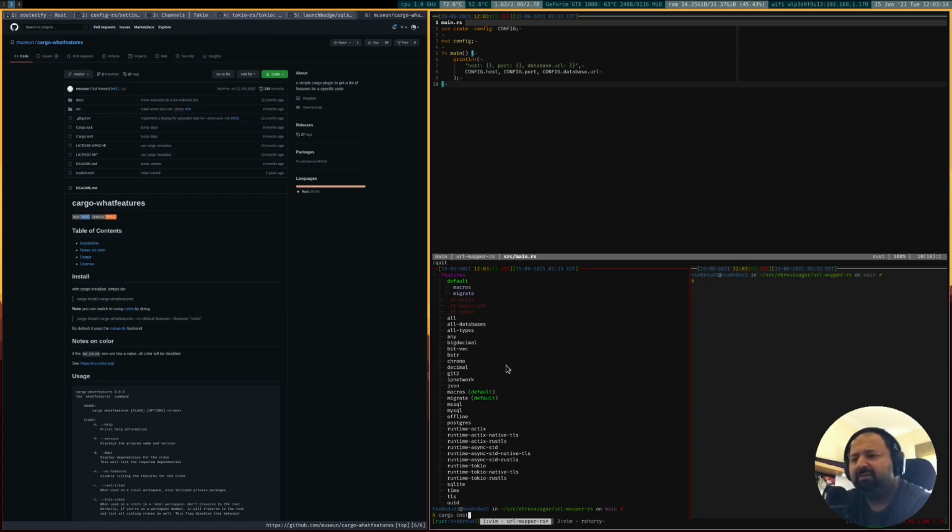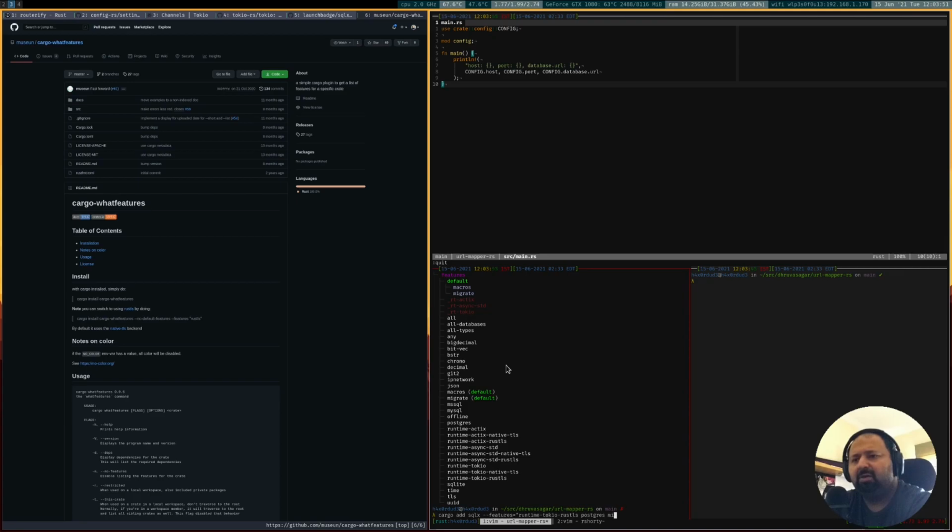So what we will be doing is we will add SQLX, and then we will be cherry picking a few features. The most important one that you need, which is required, is one runtime, and combine that with the TLS backend. Like I said, we'll be using Tokio, and I'll stick to RustLS. That's something I've used in the past. I think it works. And the other thing would be, obviously we will install the Postgres feature, because we'll be dealing with handling a Postgres database.